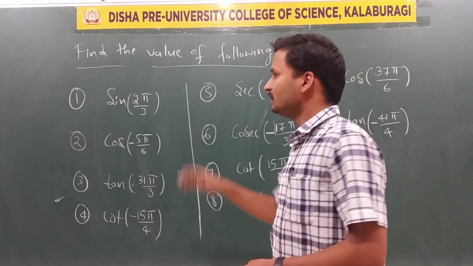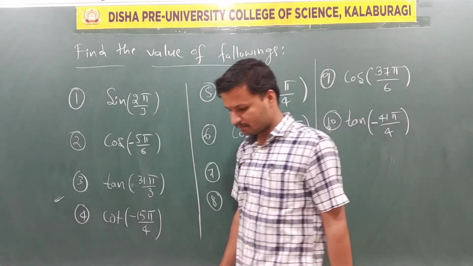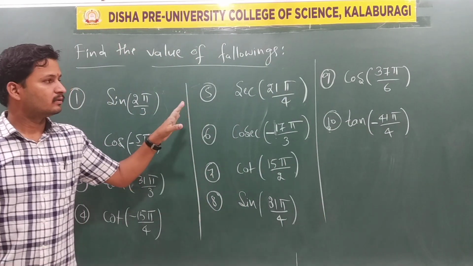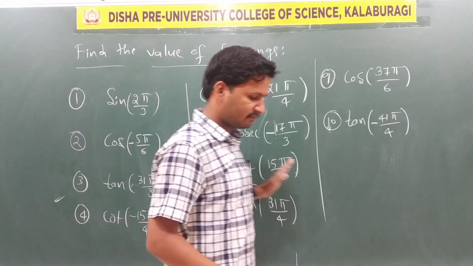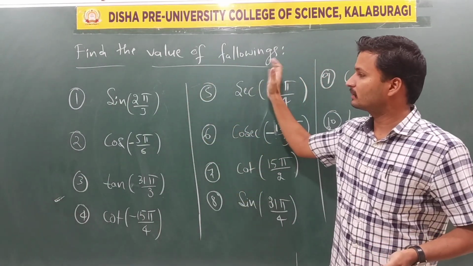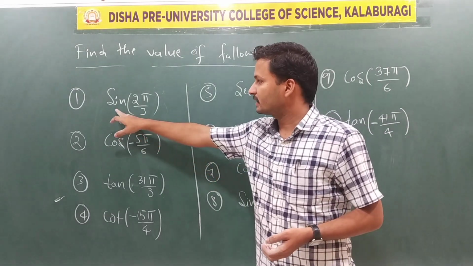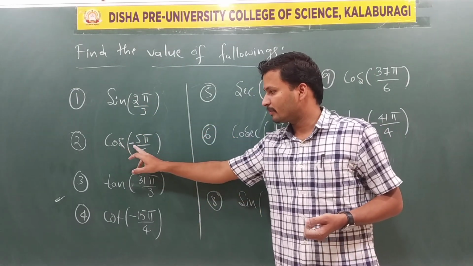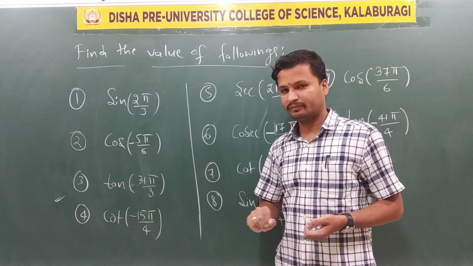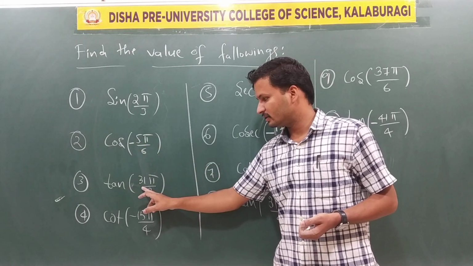Yes. Take down these homework problems. When angles are given in radians, find the values of the following trigonometric functions. First one, sine of 2π/3, cos of −5π/6, tan of 31π/3,